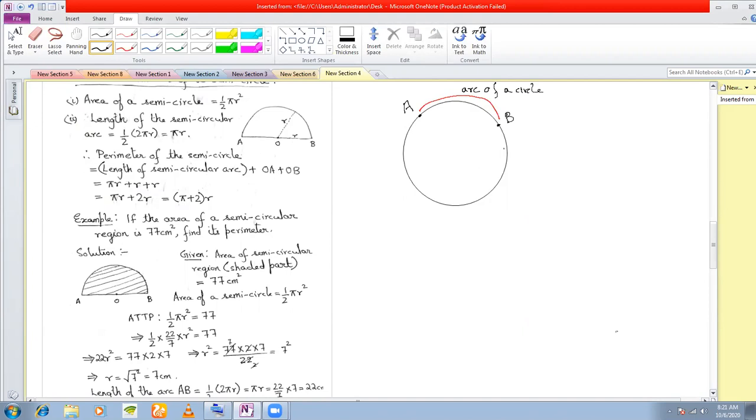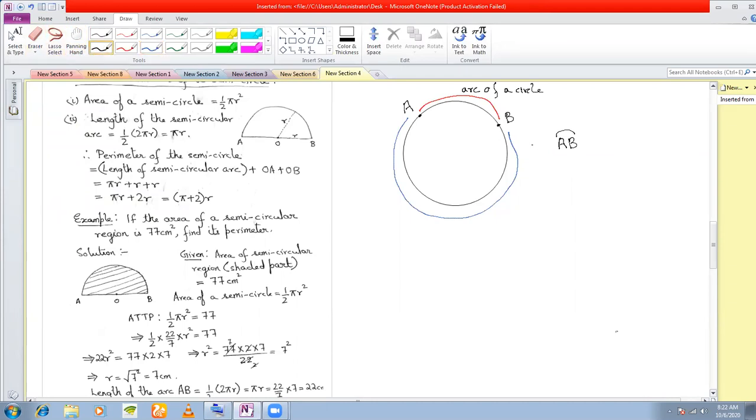And what do you call this? We denote this as AB, and you give a curved line like this over AB. That means arc AB. That means we are talking about this arc AB. And remember, if I'm talking about this arc, there is another arc here, right? This length, there's another arc. The red length that I have marked is called the minor arc AB.